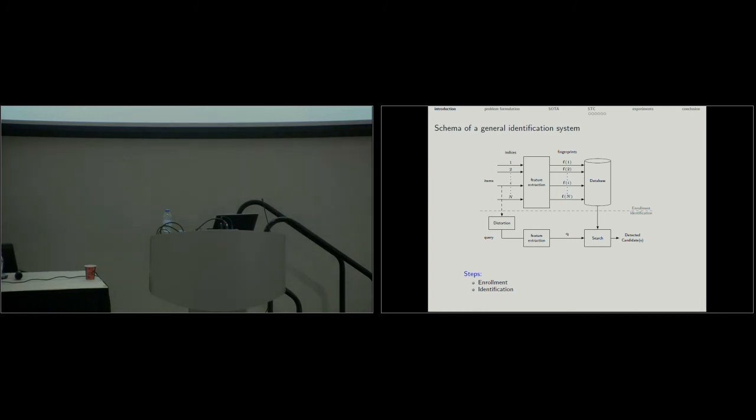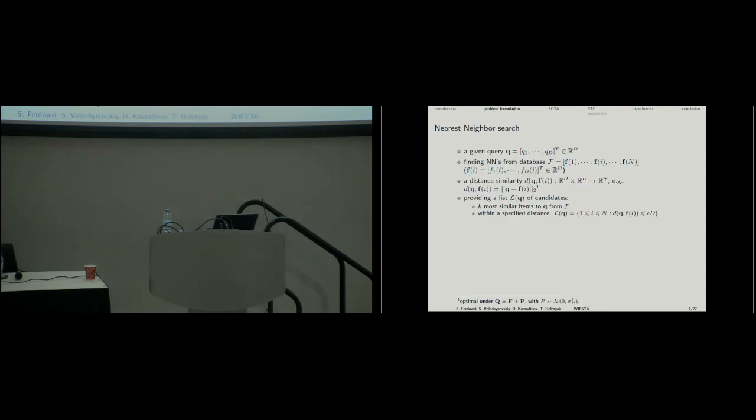And actually the enrollment procedure is never perfect, so we always have this noise. But in this talk, we basically focus only on this search part. We assume that these given features are already good, and let's see what we can do to make this search more efficient. So to formalize the problem, we are given a vector Q in a d-dimensional space,